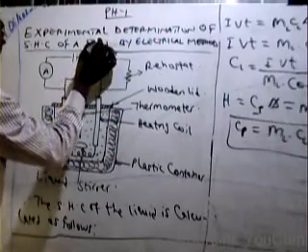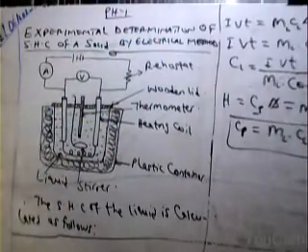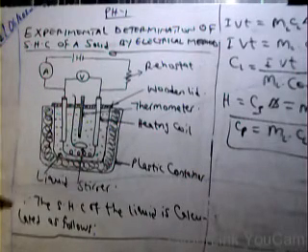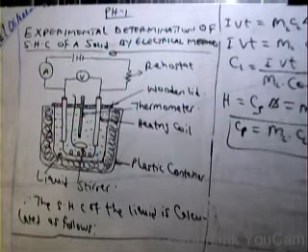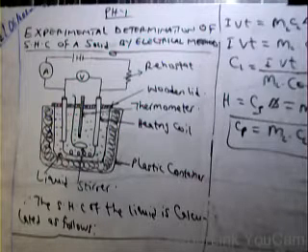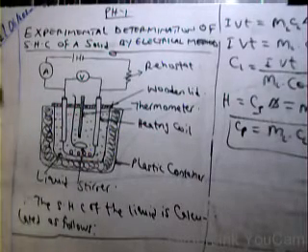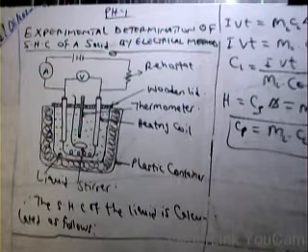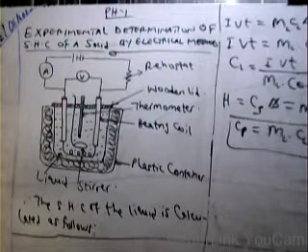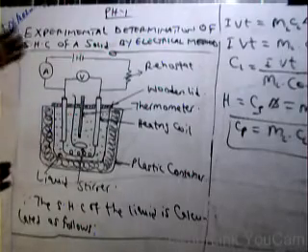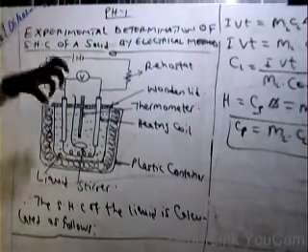That solid must be a solid that has the tendency of absorbing or gaining heat, which means that solid must be a conductor of heat. It must not be an insulator. It must be a very good conductor of heat. Now let's say we want to determine the specific heat capacity of a copper block. Copper is a metal. How do we use this electric method to determine the specific heat capacity of copper metal?